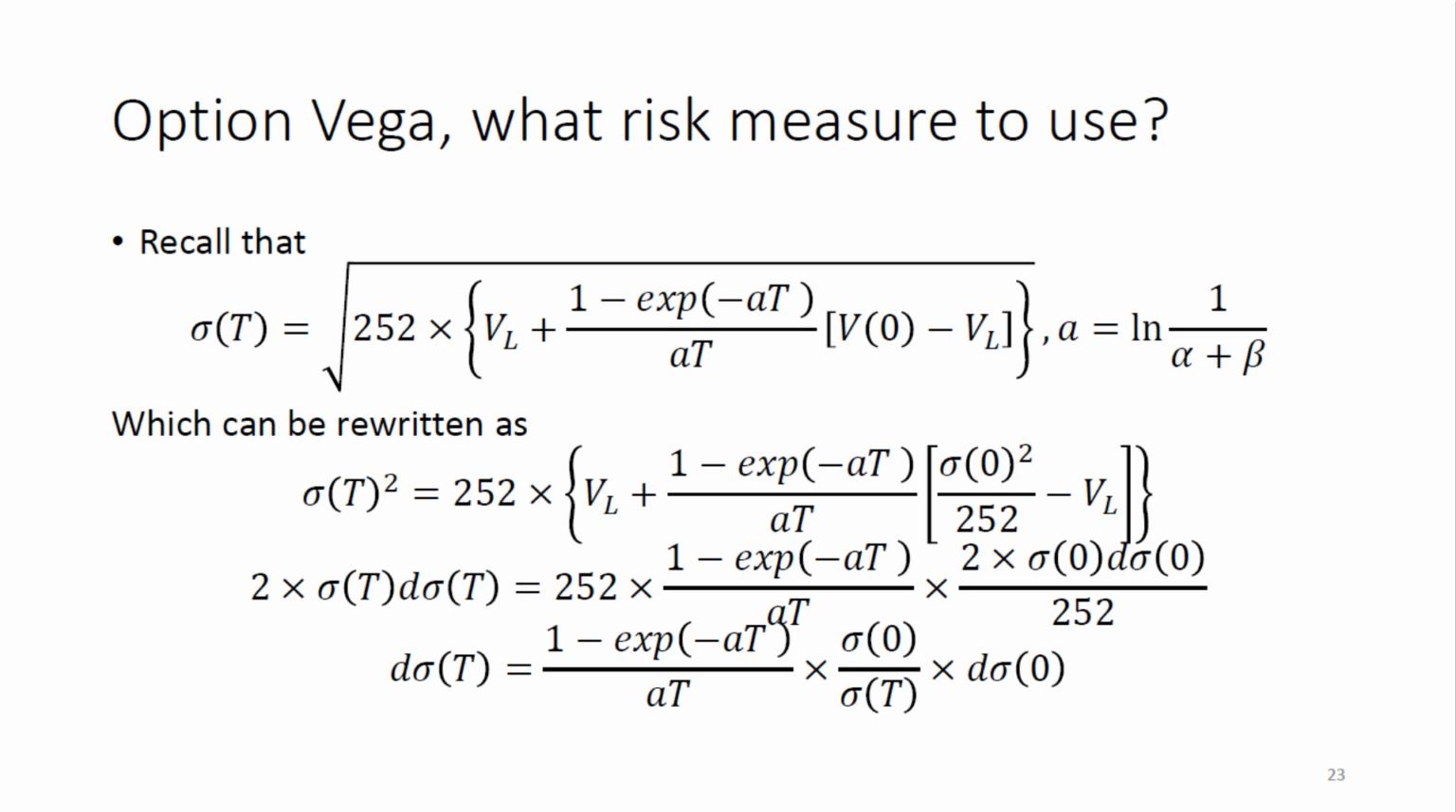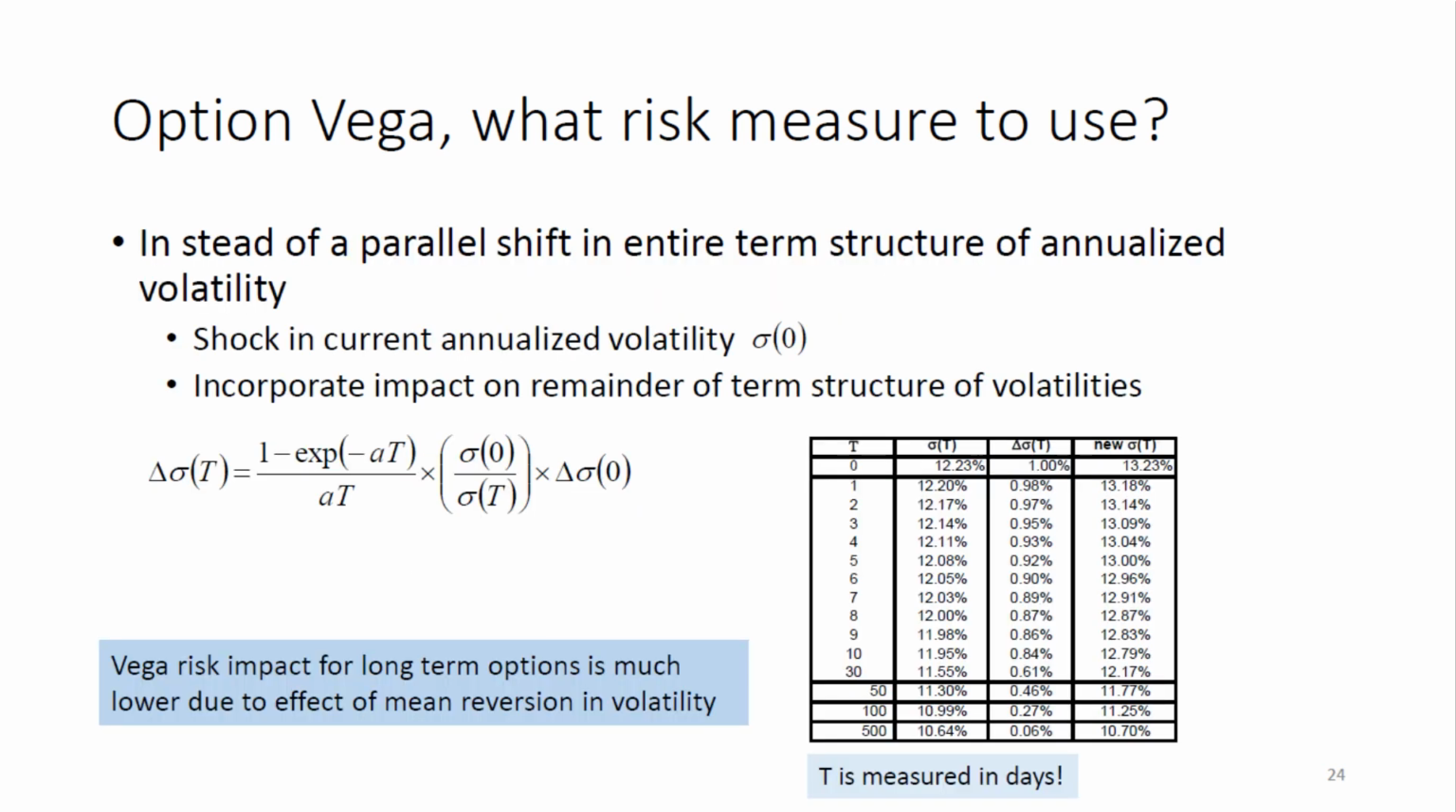So perhaps a complicated formula, but what it simply says is: if there's a change at the short term of the yield curve, what's then the implied change on the longer term of the yield curve? So I'm not assuming a parallel shift anymore, but I assume that there will be a shock in the instantaneous volatility, so a shock in sigma 0, and I want to know what are then the shocks in all the other volatilities. And then there is on the right hand side again a table